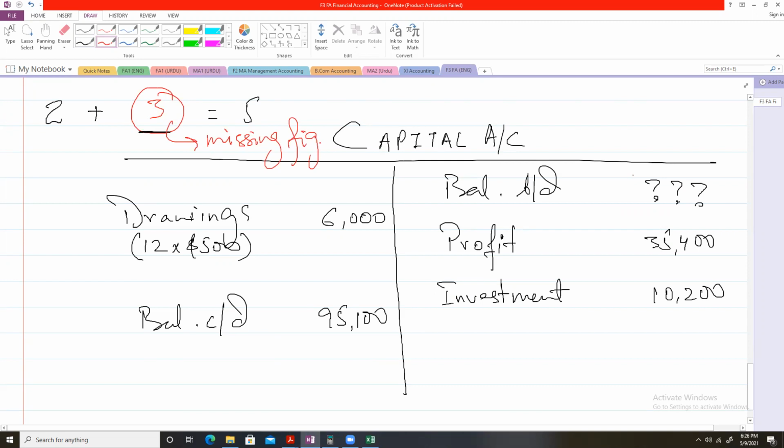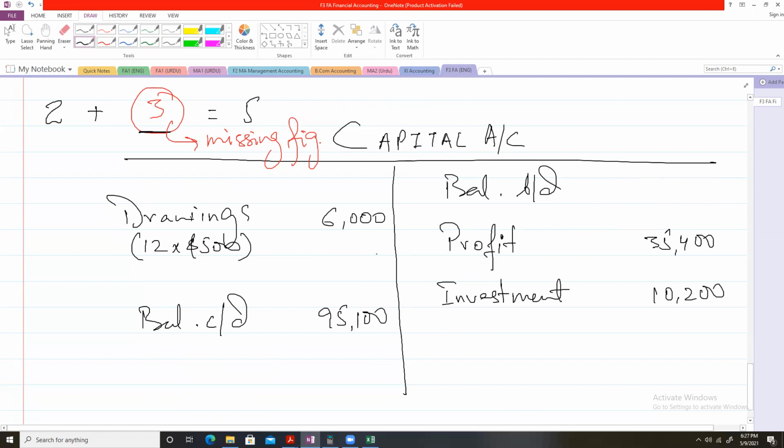In the same way, you have to find out the opening balance here, like I showed you in this example, the way I calculated the missing figure. So you have to find it like you did in your primary school, a missing figure. You have to determine the opening capital as a missing figure. Now, what should be the missing figure here for the opening capital?